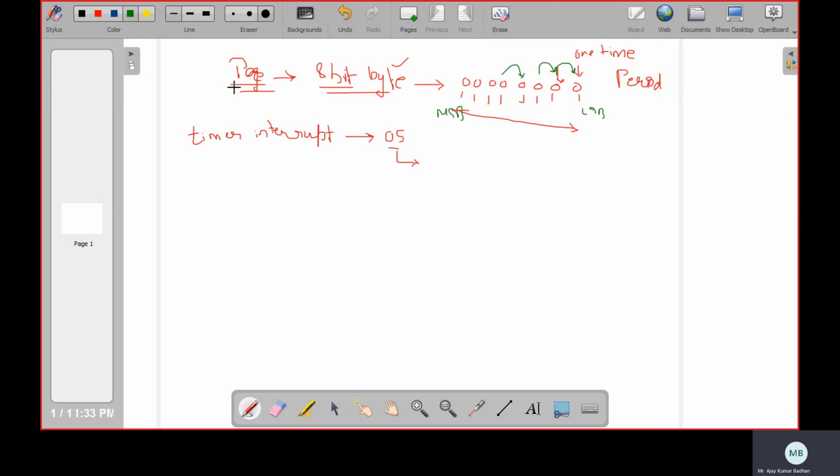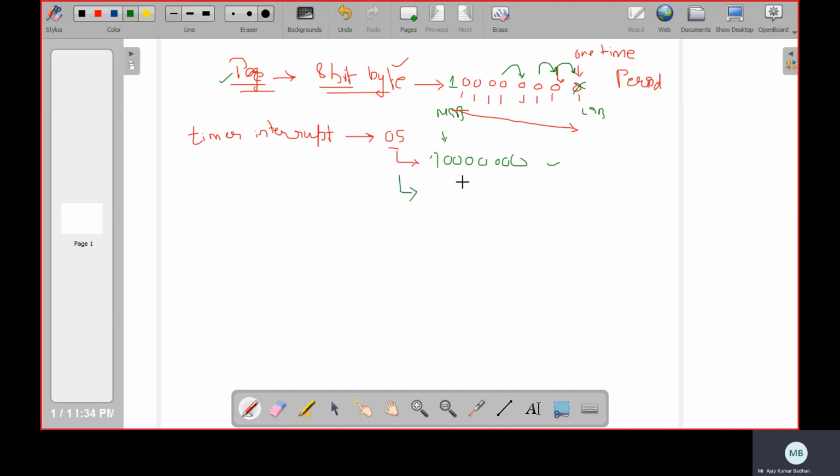Let us suppose this page is referred now. It will become something like 1, followed by the remaining bits, 1, 2, 3, 4, 5, 6, 7, 8. So this bit has been eliminated, and here I have added 1. The operating system shifts one bit towards the right, making it the higher order. This means that within one time period, this particular page has been referred at least once.